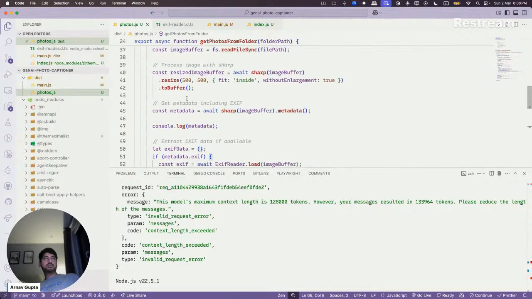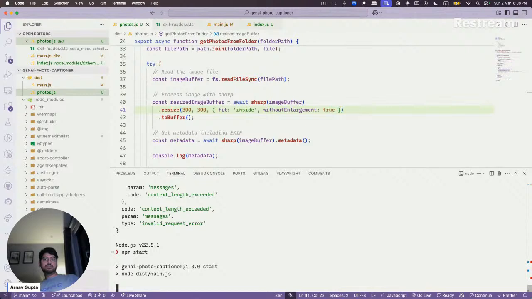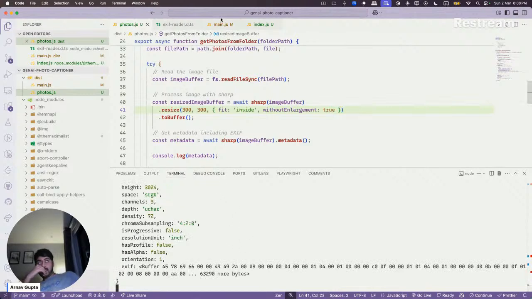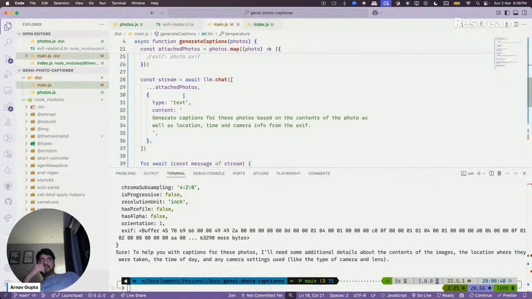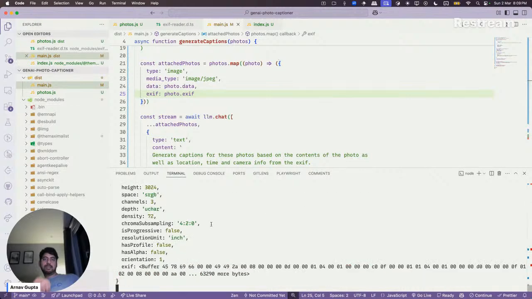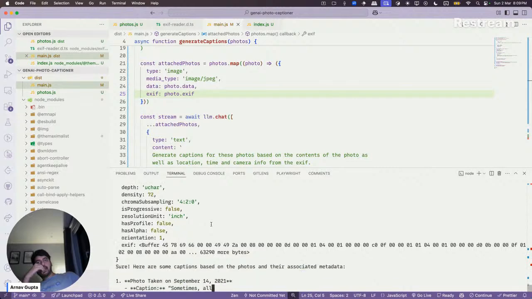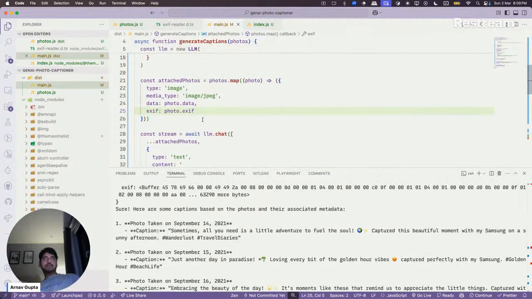Let's try reducing the image sizes to 300 by 300. The JPG part definitely does not work yet.